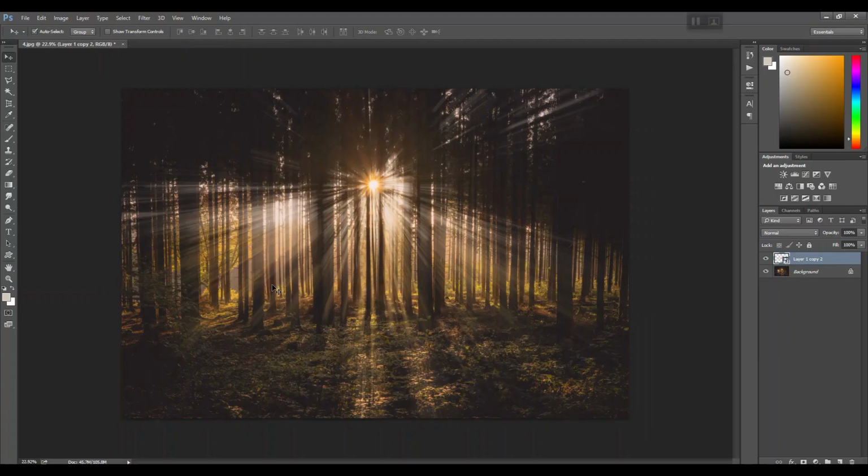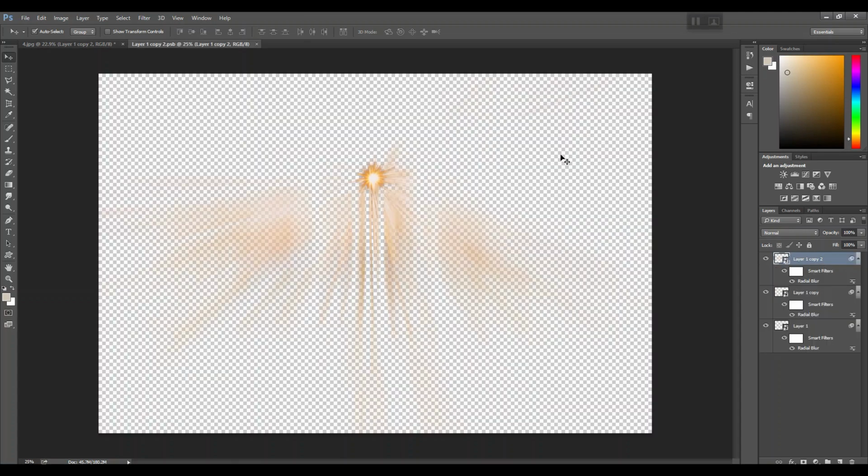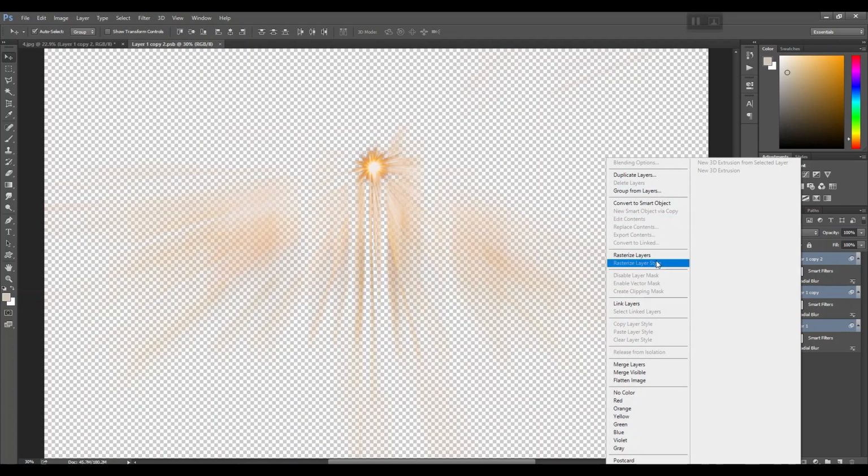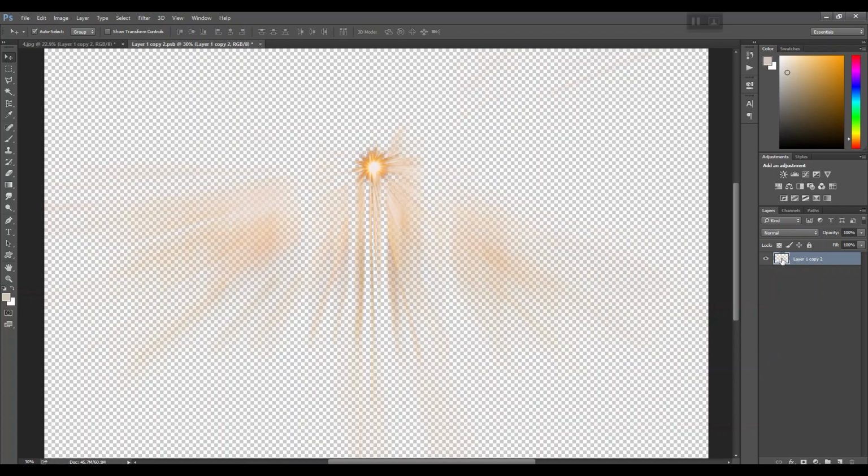Now I will explain to you the reason behind this. Now let's say anytime you want to change properties of any of the layers, simply double click on the particular layer and it will automatically open up in a new window. Now as you can see, we have 3 different layers with their own properties. But in case we had directly merged them, it would be merged into one single layer, as you can see, and all the properties are merged as well. So to avoid this, we converted these layers into a smart object. So I'm hoping you very well understood the difference and the reason behind this. Okay, now let's move forward.